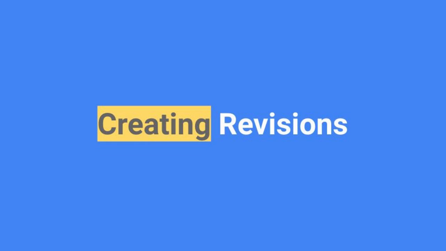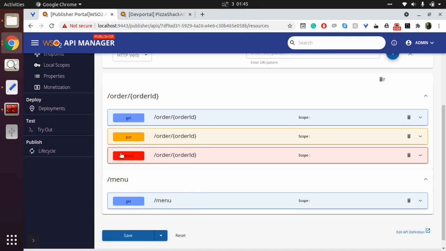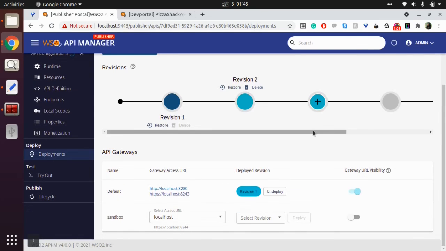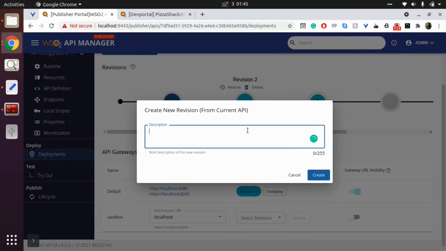Now let's see how we can create a new revision. For that, let's go to the deployment section under deploy and click on that plus button. Here you can provide a description for the revision if required. It will help to identify the changes you have made to the revision.